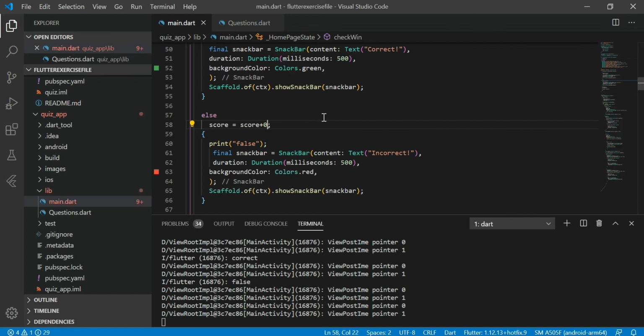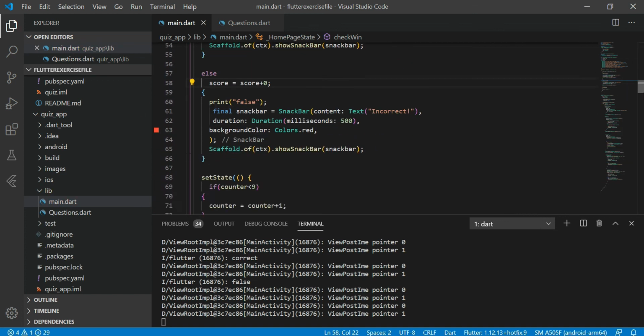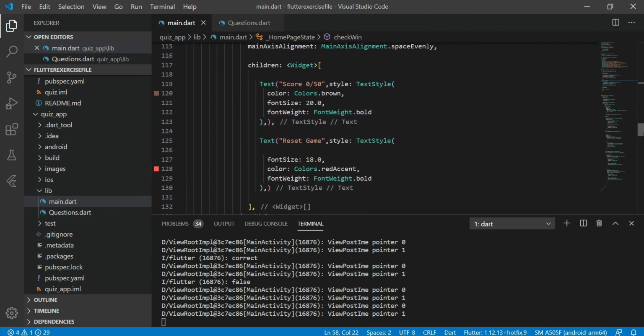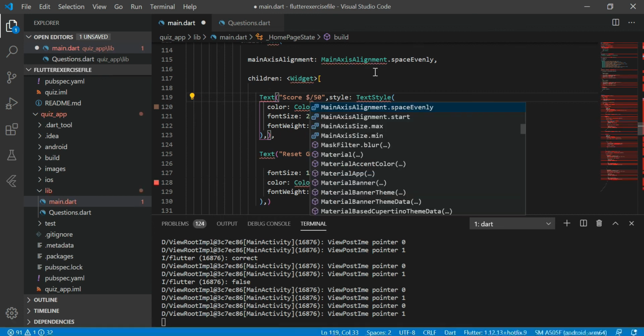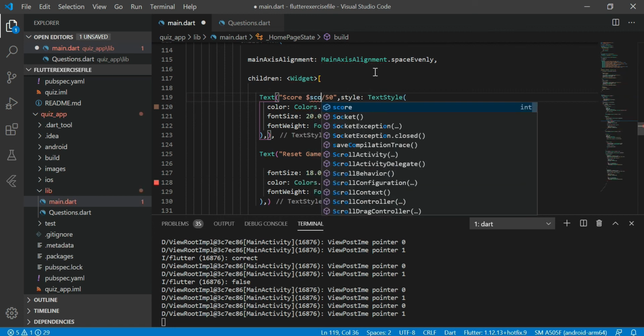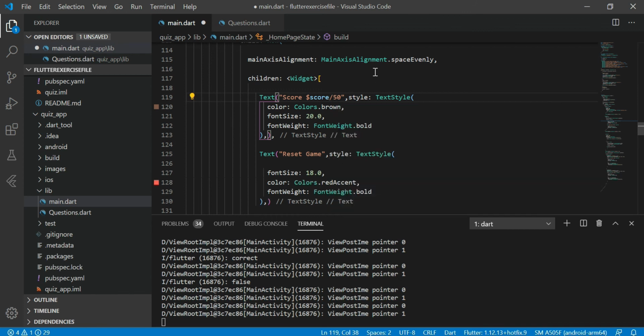Now let's run our app. First implement this inside the score. Sorry, not function, a score variable. To call any variable inside text, just add a dollar sign in front of score.